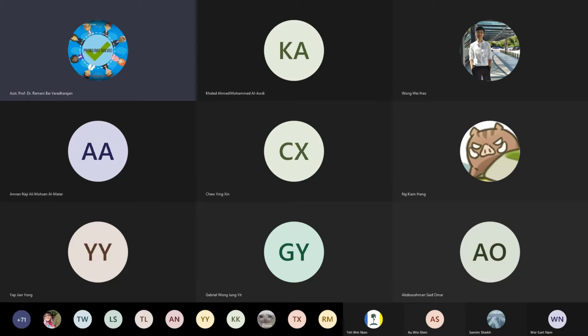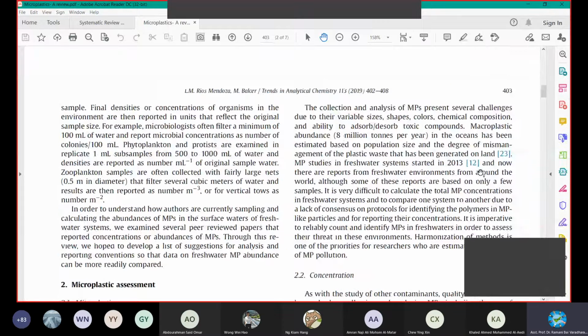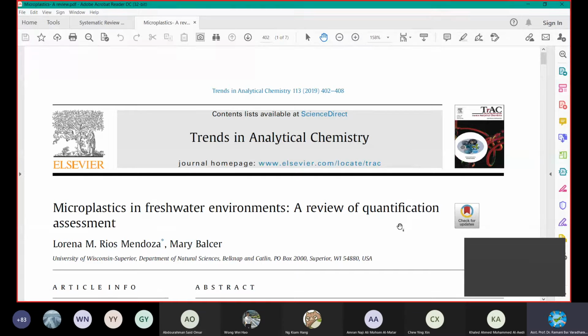One sample paper on this one. Can you all see the paper? See here, trends in analytical chemistry. Okay, like trends in